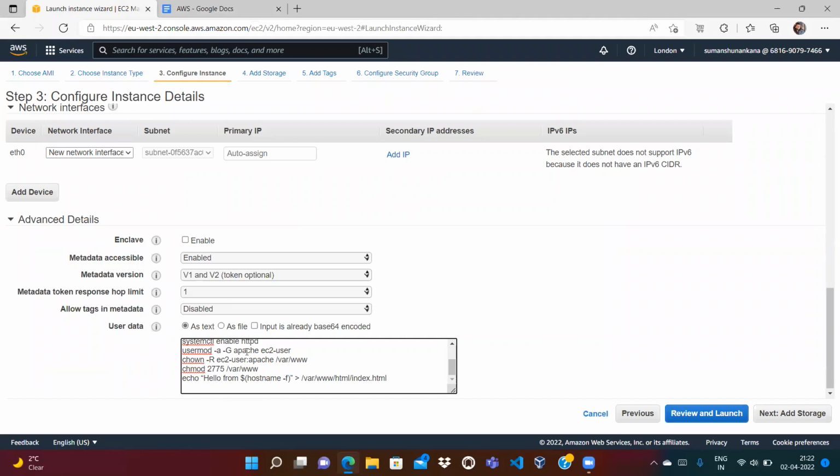The root user has the access, but when we spin up the EC2 instance, it automatically has the ec2-user, and ec2-user doesn't have modify access. So what we are doing is creating a group, attaching the ec2-user to that group, and giving that group access to the particular folder. Okay, so go to the storage